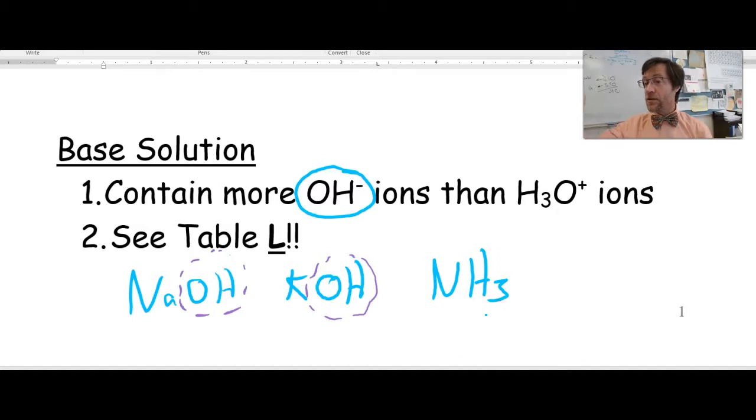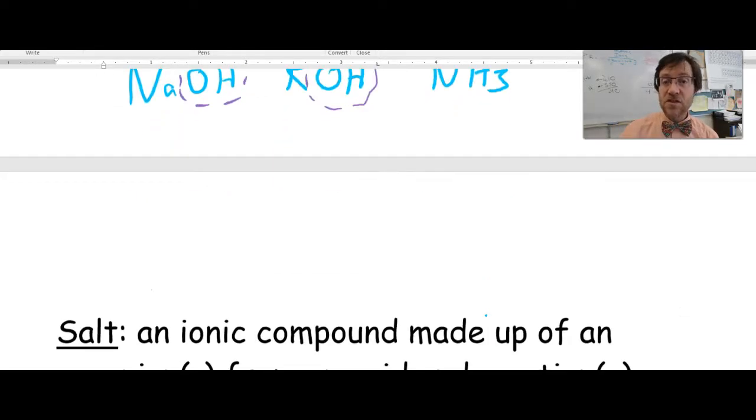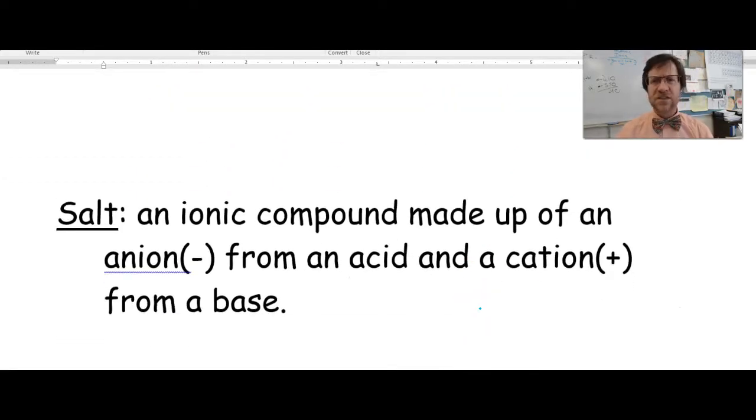All right, so an acidic solution has more hydronium ions. A basic solution has more hydroxide ions. Seems pretty simple so far. Oh yeah, what is a salt? So a salt,